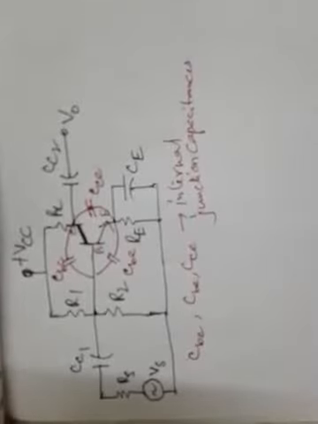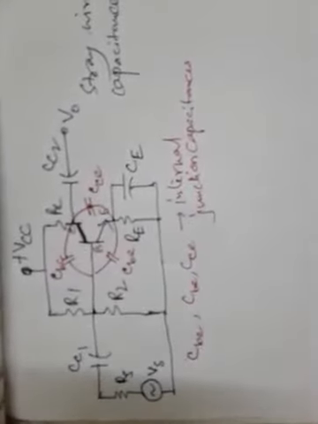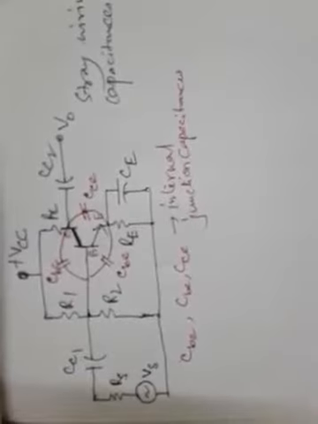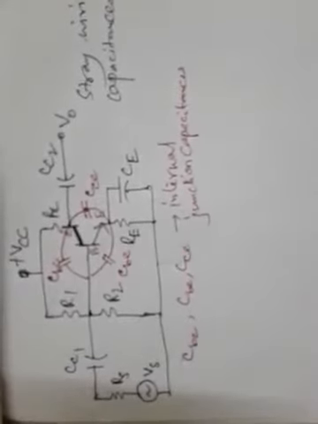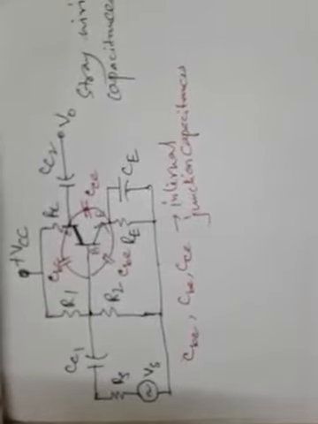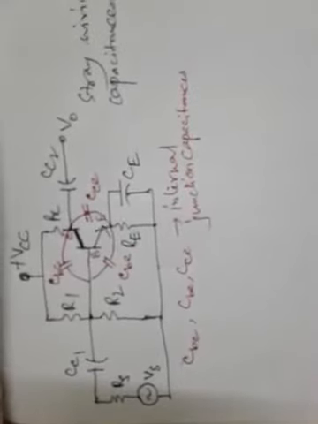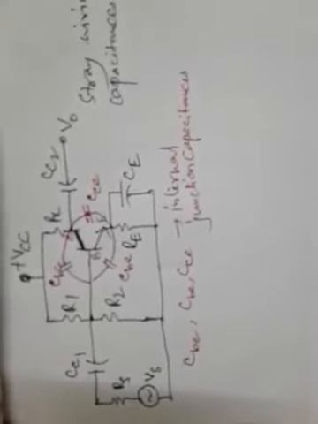Another type of capacitance may be present, and that is called stray wiring capacitance. And how can this be formed? This is another reason for loss of voltage gain at high frequency, for a similar reason, because at high frequency they will once again show their internal resistance, their reactances go down, and as a result they will provide a bypass path for the AC signal, which will also result in loss of voltage gain.